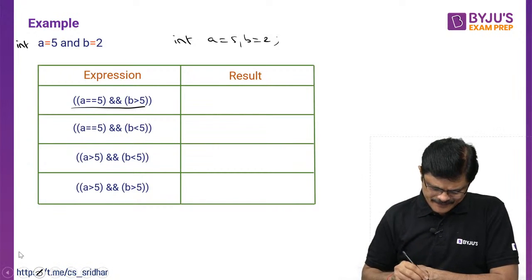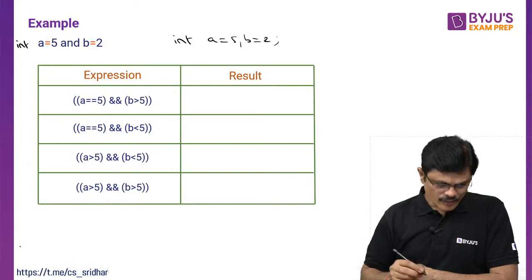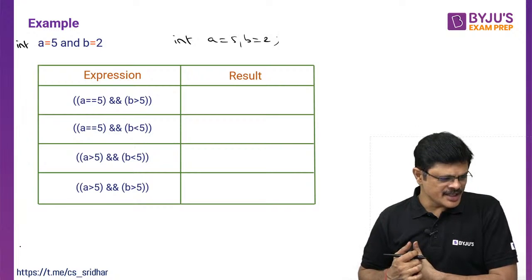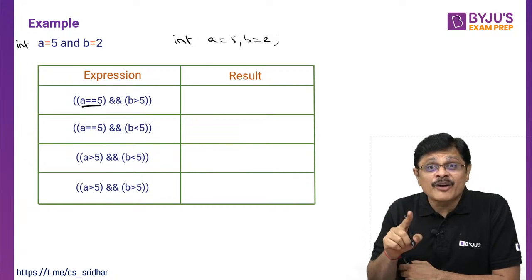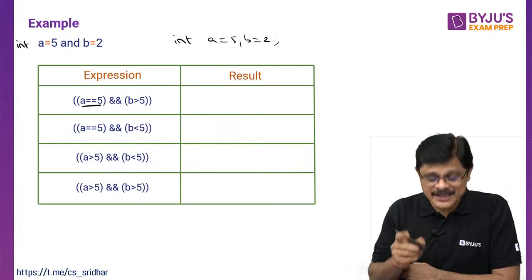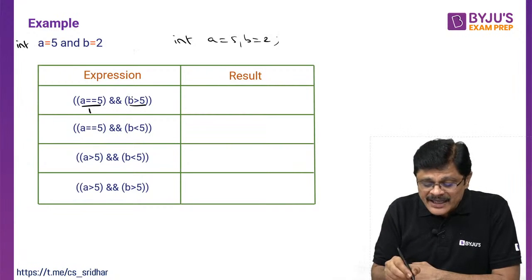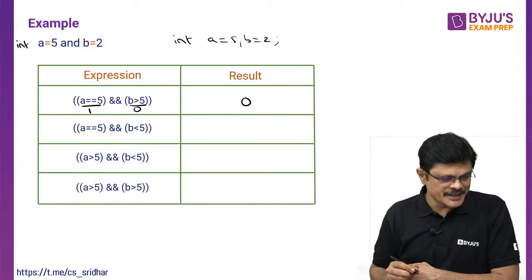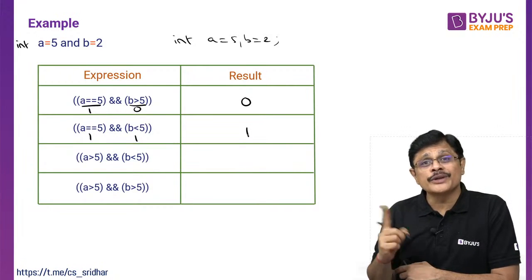Let us see this. Venkateshan has given the answer 0. What about the others? Nandini, Ashpreet, Manoj. Okay, the first one is 0, because A double equal to means comparison. It is true, 1, therefore you have to compare B greater than 5, which is false. 1 and 0 is 0, my dear friends. Very good, Venkateshan. The next one is 1 and B less than 5 is true, so it is 1. Both are true, then only it is true.